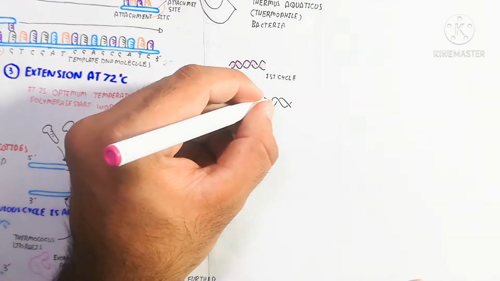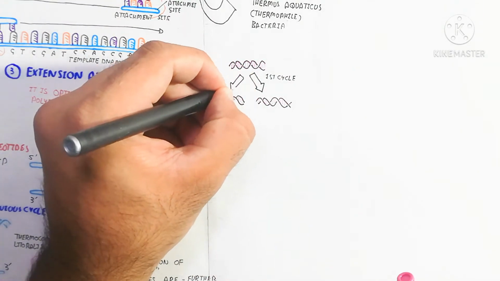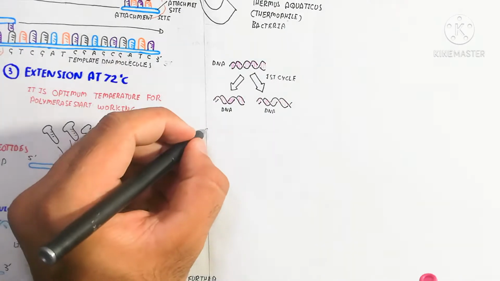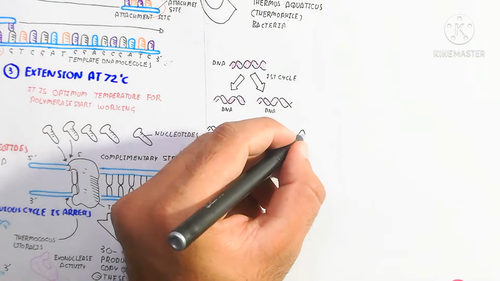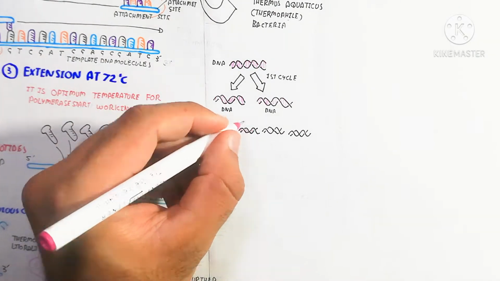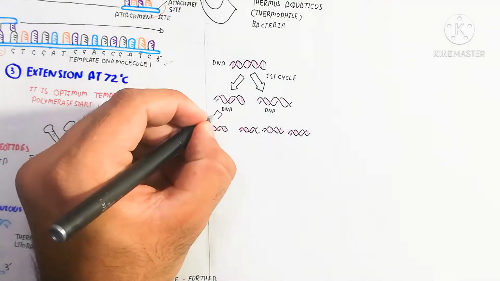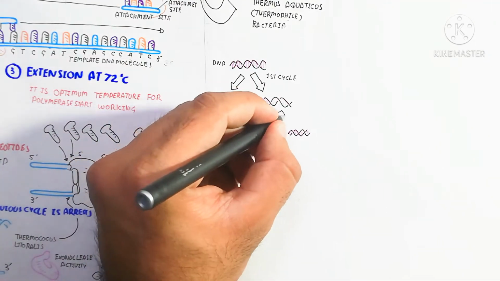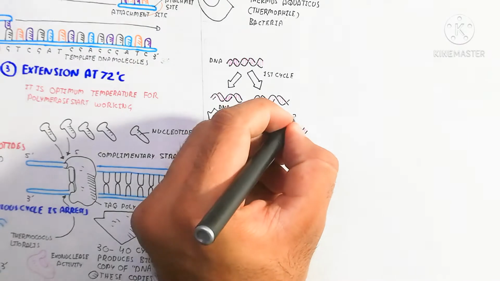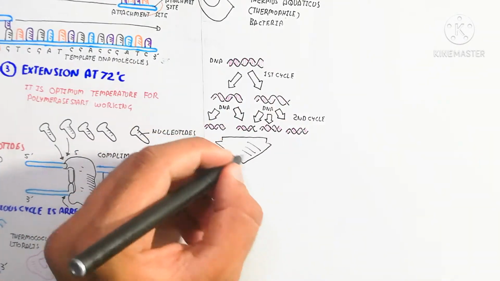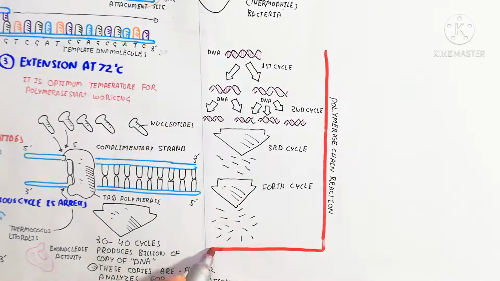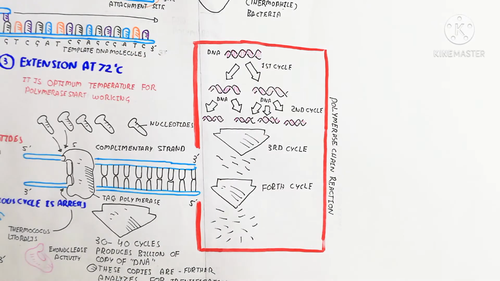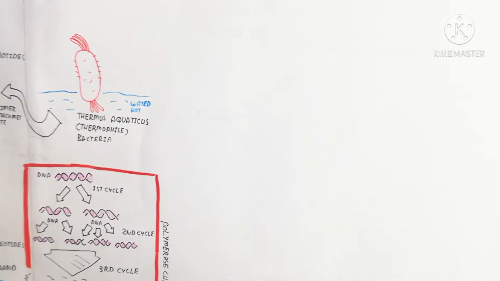Polymerase chain reaction converts one segment of DNA into billions of segments of DNA by denaturation, annealing and extension. These steps are repeated in the second cycle, third cycle, fourth cycle and many more to produce a billion copies. For example, one cycle produces 2 DNA, and those 2 DNA in the second cycle will produce 4 DNA segments. The third produces 8, then 16, and so on. That is basically the mechanism to understand the polymerase chain reaction.